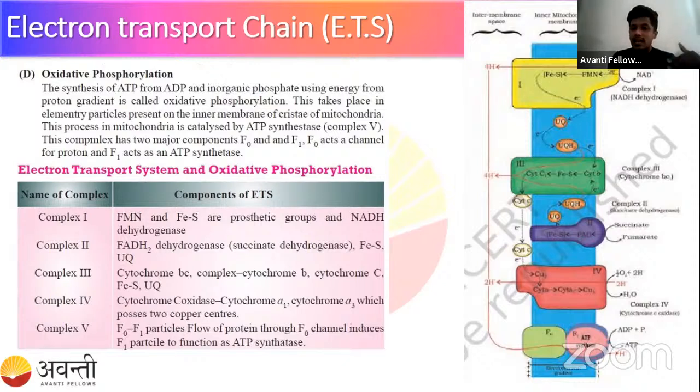So this proton gradient is used as an advantage, and it is used for the synthesis of ATP. The same exact process happens even in the electron transport chain. So the electron transport chain occurs in the mitochondrial membranes. Remember this: our mitochondria has an outer membrane and an inner membrane. Between the outer membrane and the inner membrane, there is the perimitochondrial space. The gradient that is created between the perimitochondrial space and the inner membrane of the mitochondria is what drives the